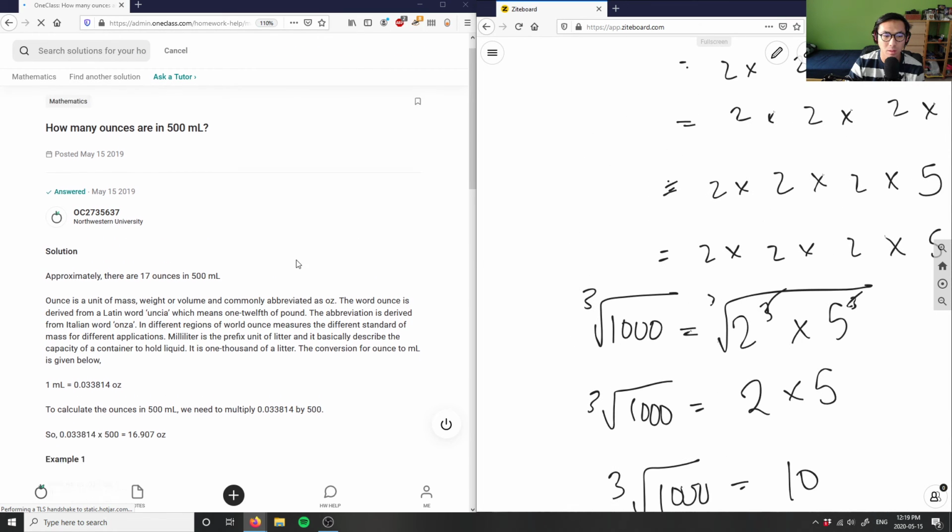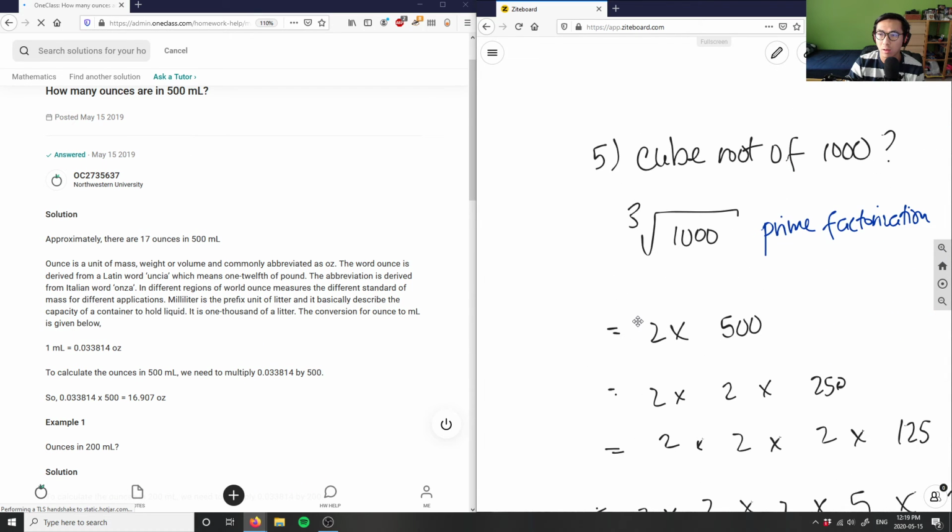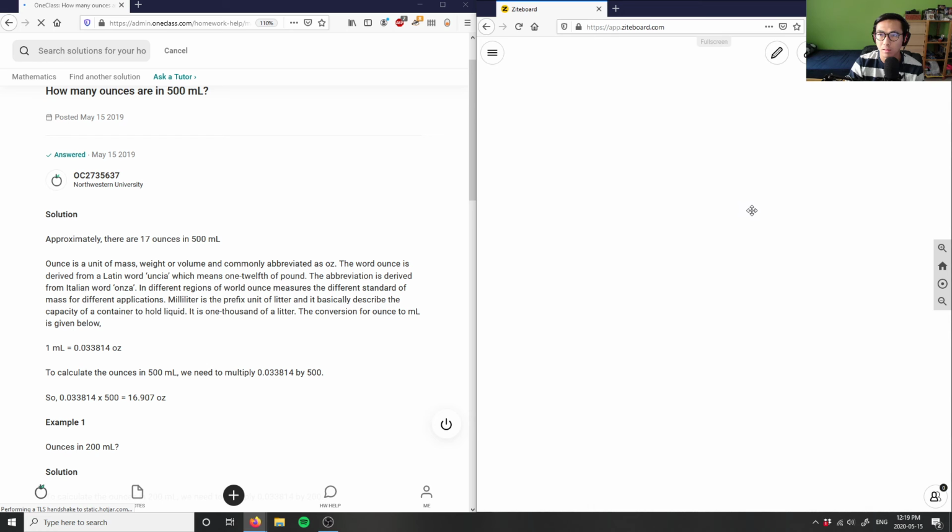I believe I did this problem already in the last stream actually, so I might have to just redo it again, that's okay. Maybe we have some repeats here. So we have how many ounces